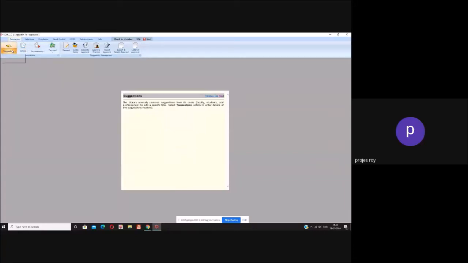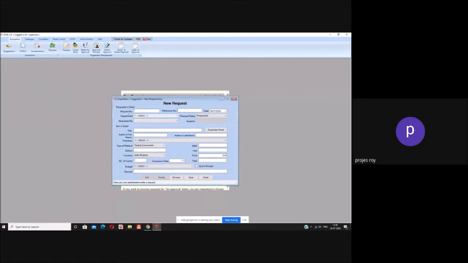Acquisition. First we click on suggestion. In suggestion, request. So let the request form will come. Right. Now in request number 7, request reference number, suppose 222, this date, click department, because we have already created